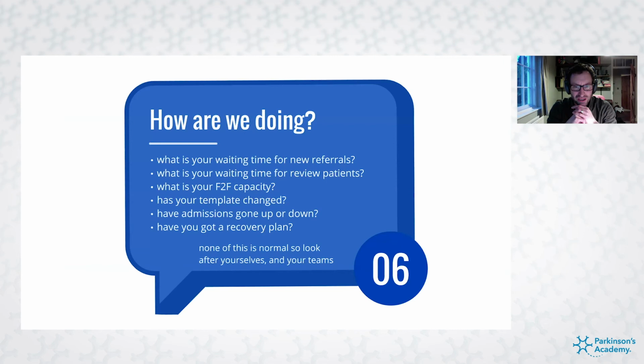What is our waiting time for new referrals at the minute, and how does that compare to pre-pandemic? What's our waiting time for review patients? And I think we're struggling a bit for new referrals, particularly. What's your current face-to-face capacity? What's your current service template, and how has it changed? If you want to know about the impact of COVID on your patient group, have a look at Parkinson's admissions